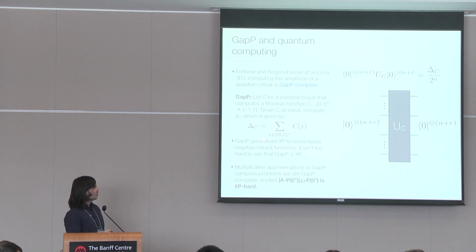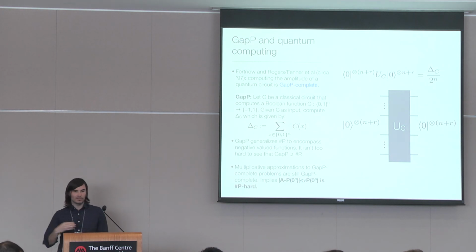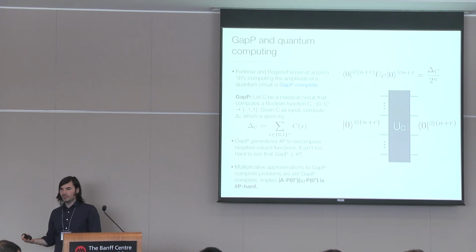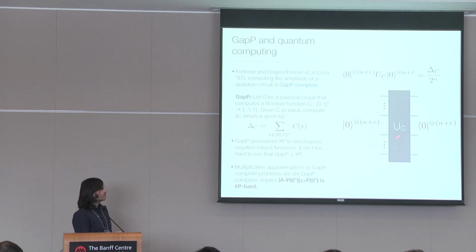Well, gap P problems are those which count the difference between the number of accepting and rejecting solutions of an NP problem. What you actually get out of these problems is some number, delta C, which can be a positive or negative number, and they show that you can encode